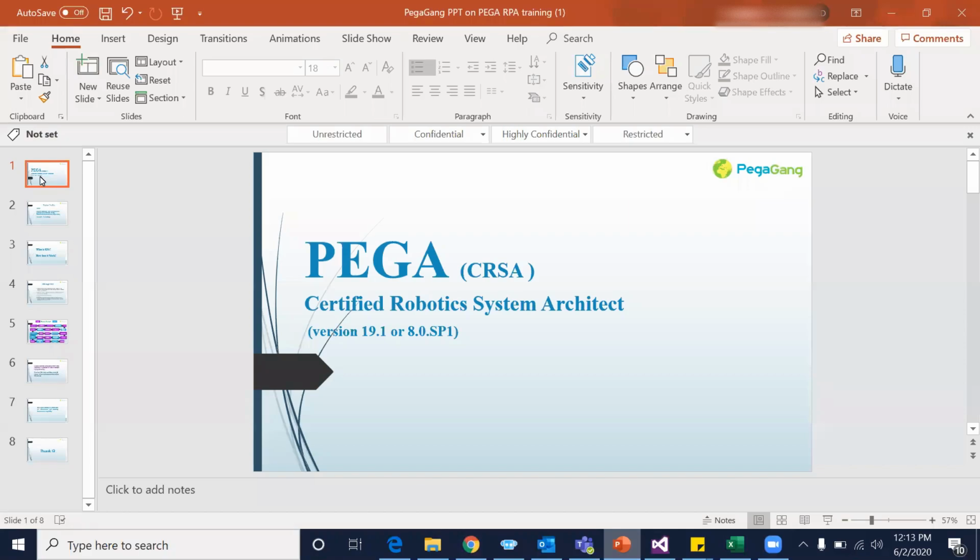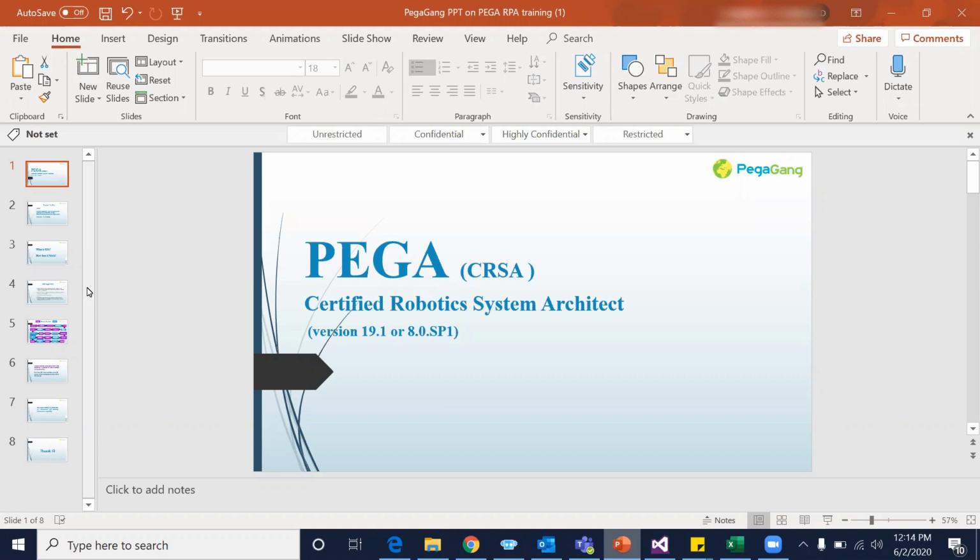Virtual nuggets. This training is intended to give an overview of what RPA is and what Pega RPA is, basically what it does and how it works, and the course content and course overview. So what we will cover to give the training. We will make sure that this training will be helpful for getting certified on Pega Robotics.